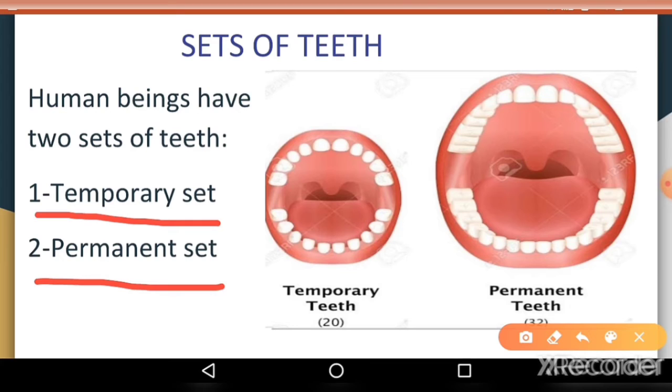The first set is called milk teeth, primary teeth or baby teeth. They start erupting when we are 6 months old, and the next set of teeth called permanent teeth begin erupting as we turn 6 years old. Many of us may have asked the question to any elder that why are my teeth falling? But have you ever wondered what is the difference between milk teeth and permanent teeth?